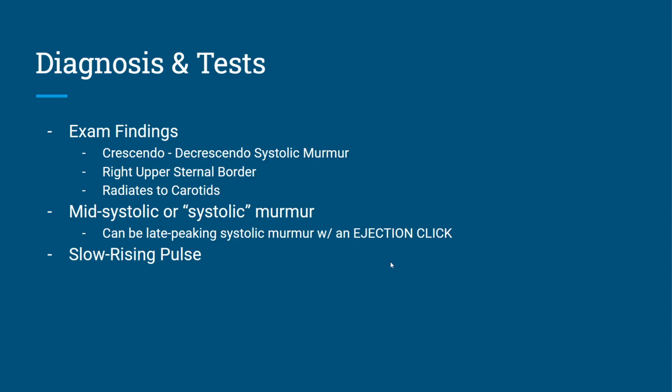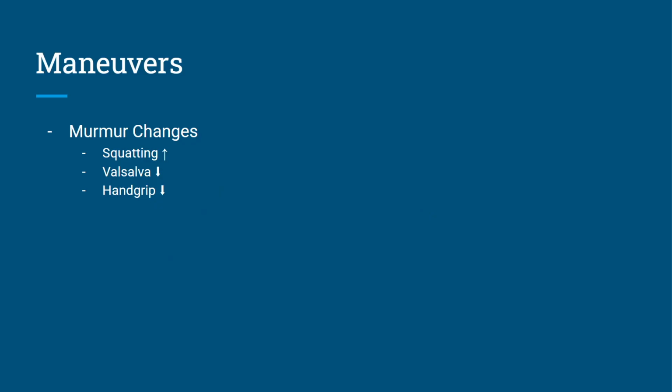But you know, they're not going to give you the ejection click all the time. But if they do give you the ejection click, it's aortic stenosis, right? And then it also has a slow rising pulse, which you shouldn't confuse with aortic regurgitation, which has a bounding pulse. And some of the maneuvers: the murmur intensity in aortic stenosis depends on the flow across the